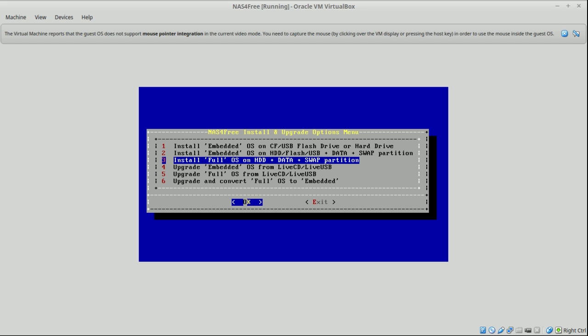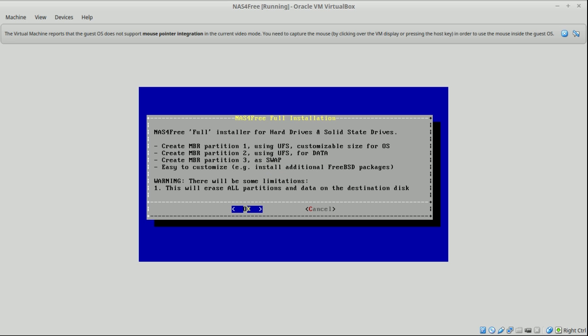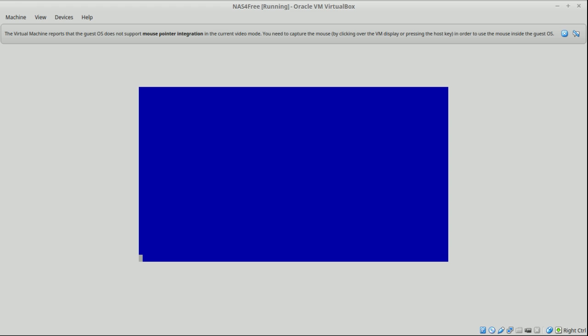Also you can make an upgrade from basic embedded version or full version, and make a conversion. So we will select this option, full install, enter. Yeah, it says it will erase all data on our hard drive, as I said earlier. Okay,